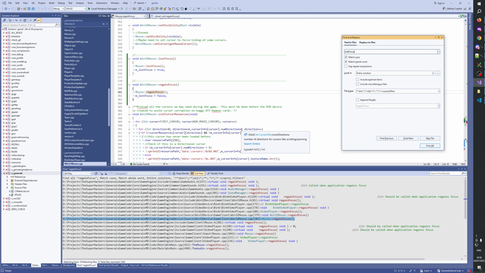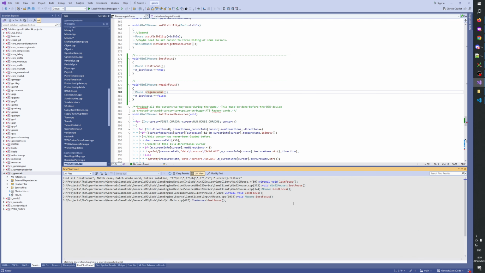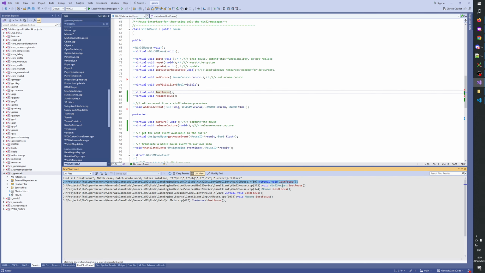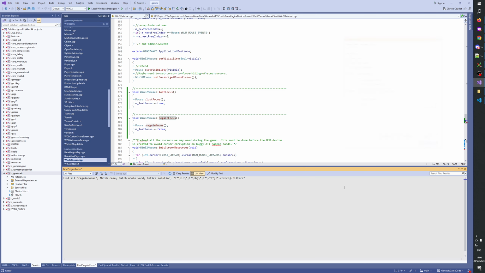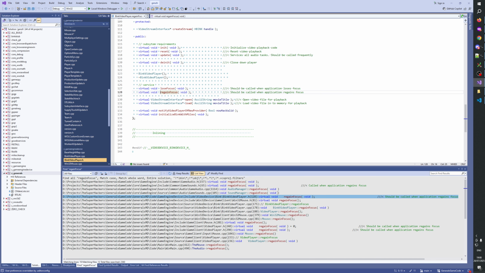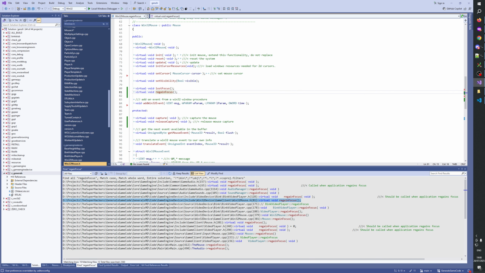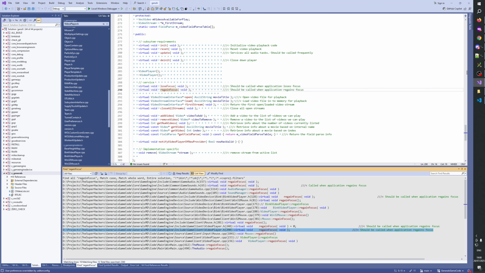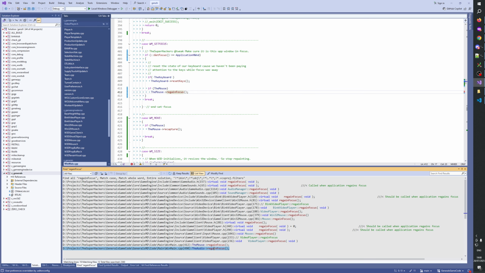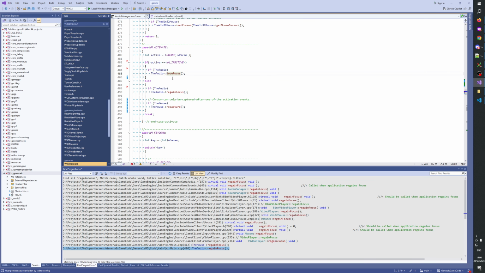Lost focus. Lose focus, lost focus. Lose focus is a word.